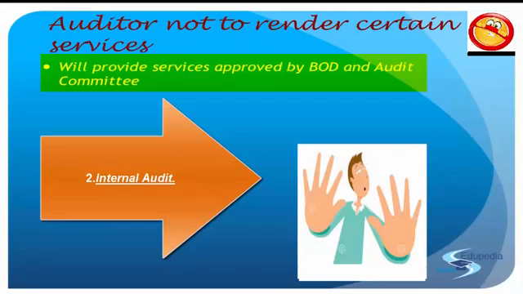right? Then if we talk about design and implementation of any financial information system, FIS, right? So what is an information system? Information system, that is IT, right? So you have prepared a financial information system. You design it as to how the financial information will go to the top management, right? How is it going to be implemented? So you are checking the controls, you are building the tool, you are building the design and everything, and then you come for checking it.